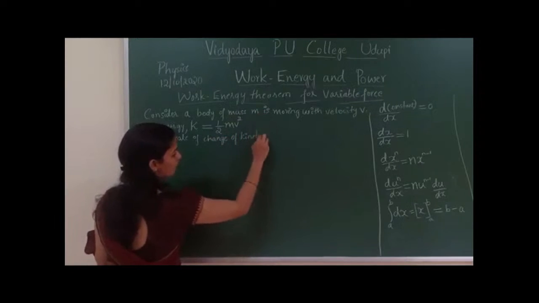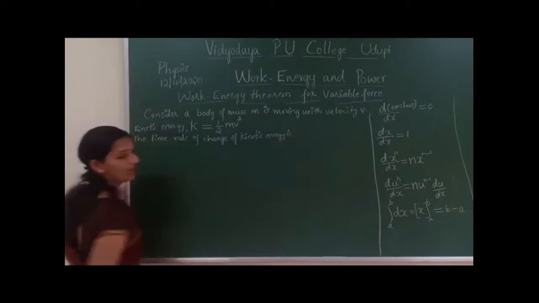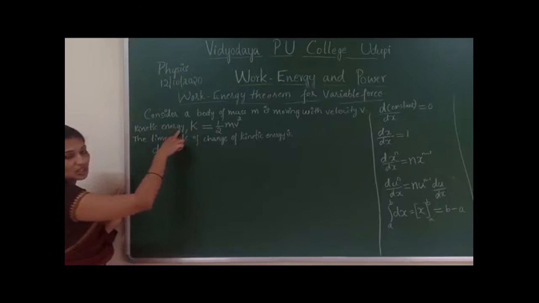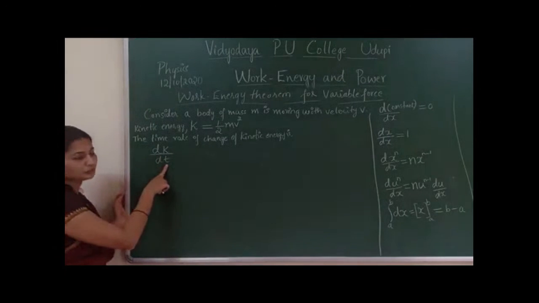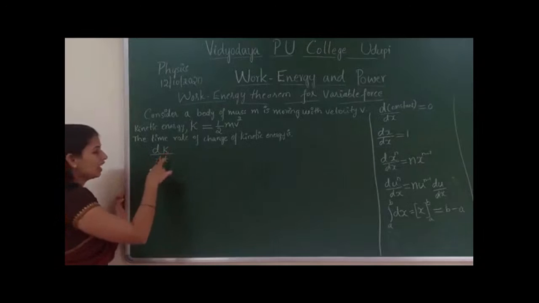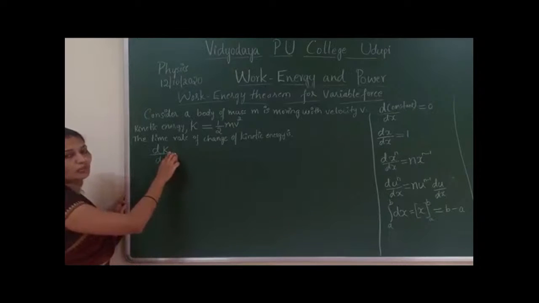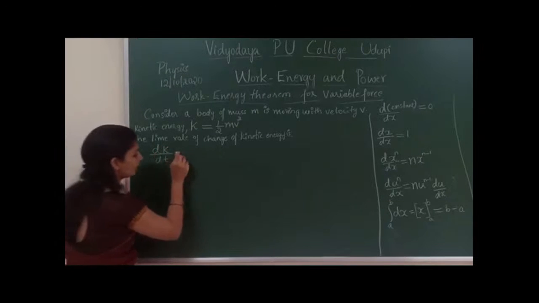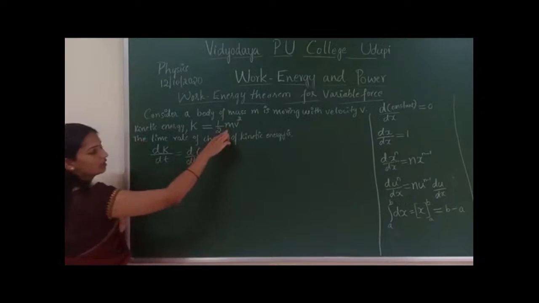The time rate of change of kinetic energy is given by differentiation of this K, that is, differentiation of kinetic energy with respect to time, where t is a time value. dK by dt tells us how the kinetic energy of the body varies with respect to time. That is equal to d by dt of